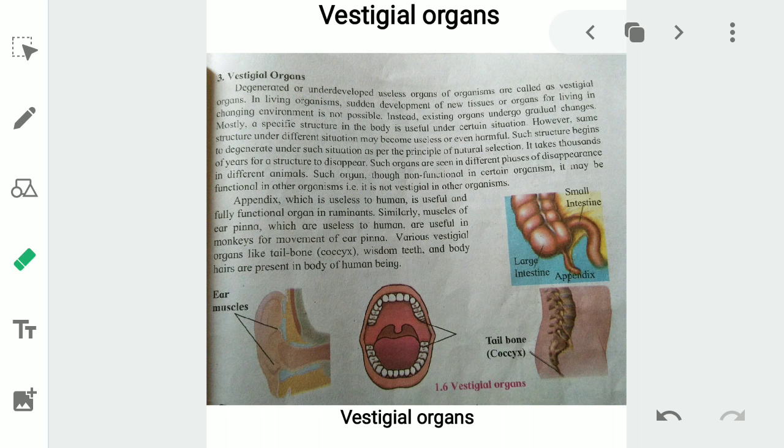So yes, the tailbone is degenerated, but it is still present, which is also evidence that we have evolved from monkeys. Okay, the next vestigial organ is the wisdom tooth. This tooth is not useful for chewing at all, but it gives lots of pain. I have gone through this wisdom tooth. It comes at the age after 20 years. In Marathi, it is also called Akkal Dad. I don't know what it is called in other languages. So the wisdom tooth is also a vestigial organ.